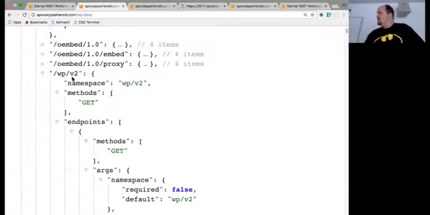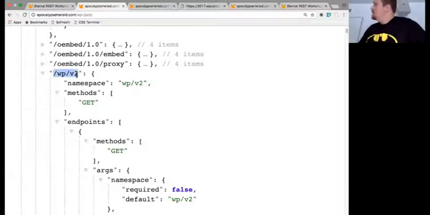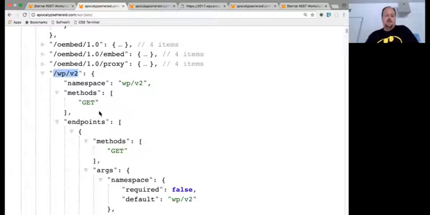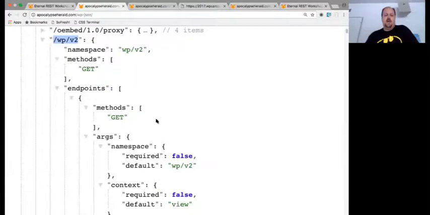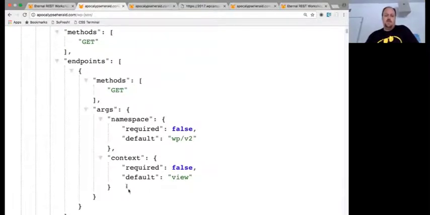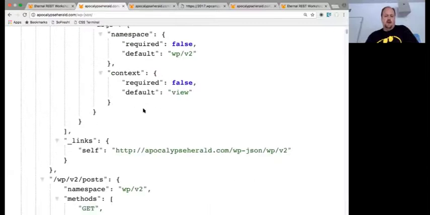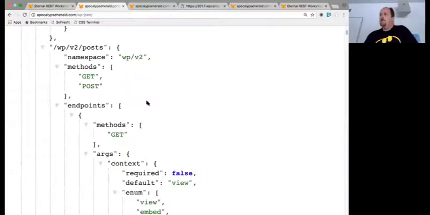Okay, wp/v2 is the namespace. wp/v2, that's the namespace we're going to be talking about. Methods that are available to you are GET, endpoints, method GET, and then you can say what namespace you're looking for, context, etc. All right, now it's going to start getting interesting, I promise. Once you get past wp/v2, which is the base of the JSON API, you can say get posts. So you have your posts,